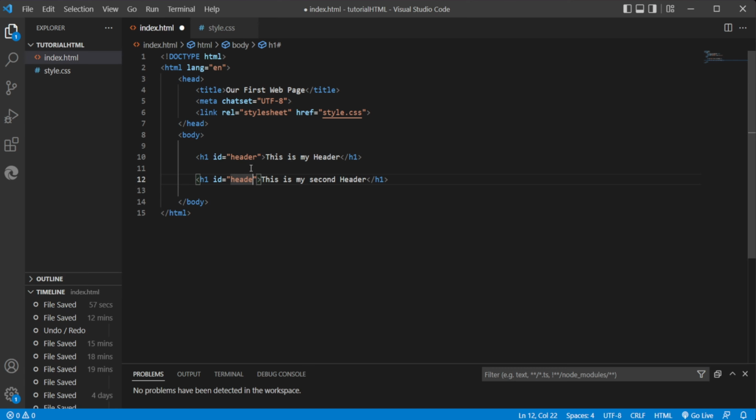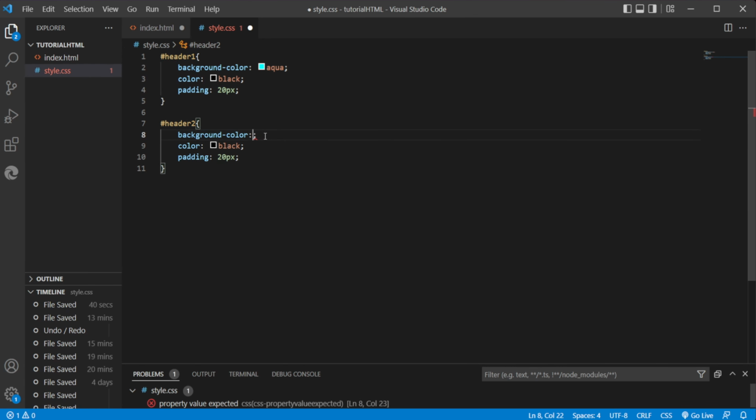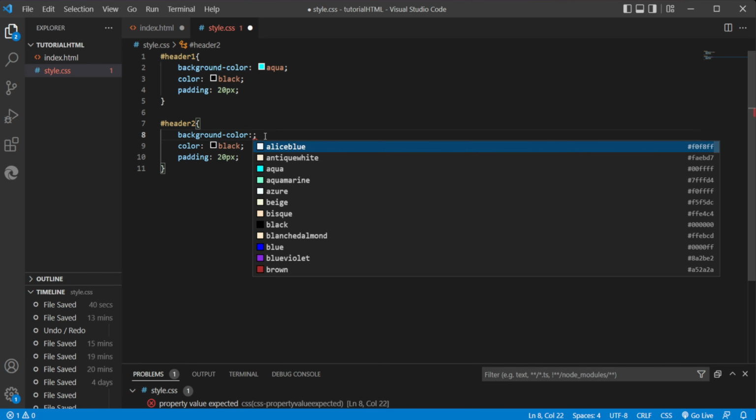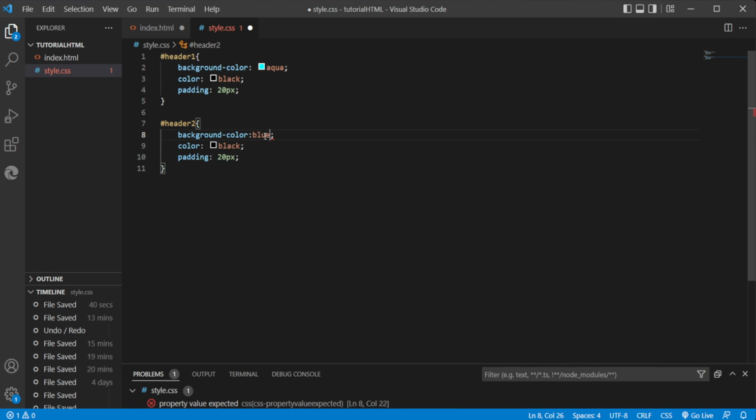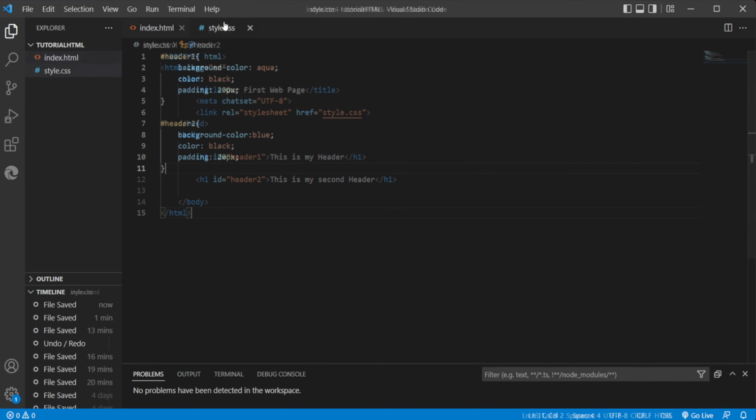We can have ourselves a second ID, for example. We can have ourselves header 2. I'll change this to header 1 then. Then we do header 1. We can copy this into here. And we can change the background color of this. Let's say we can change it to, we'll do blue. Then if we save this, we have ourselves two headers with two different IDs and two different